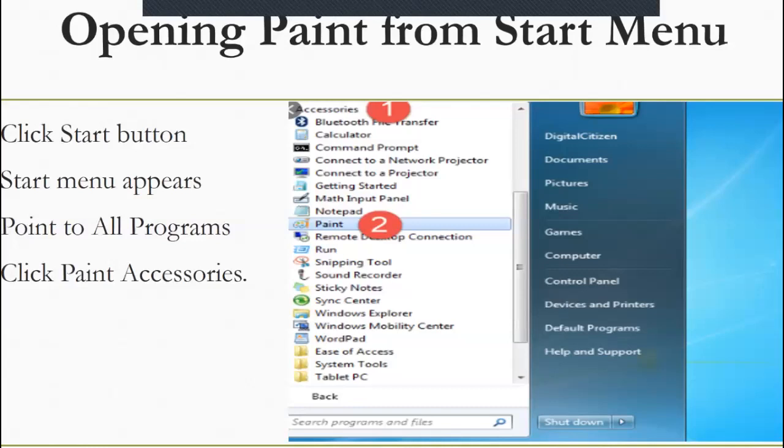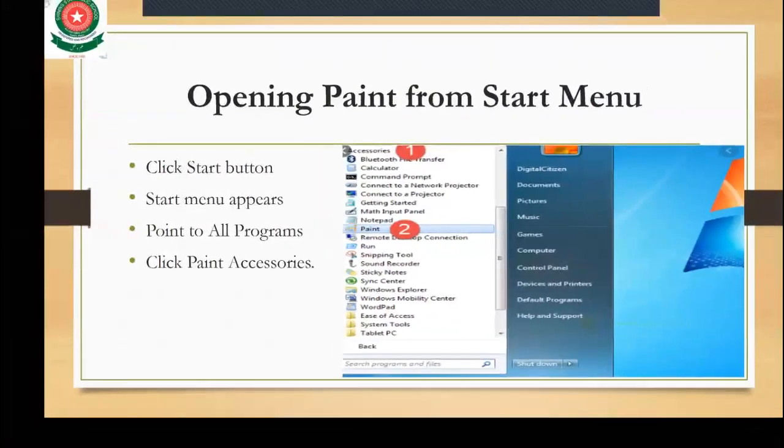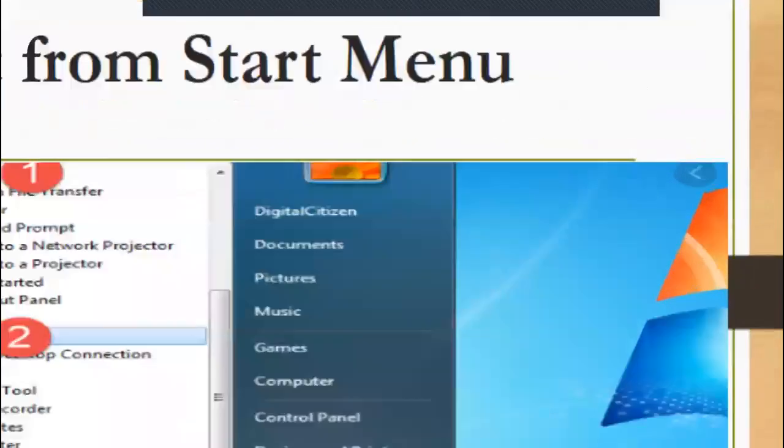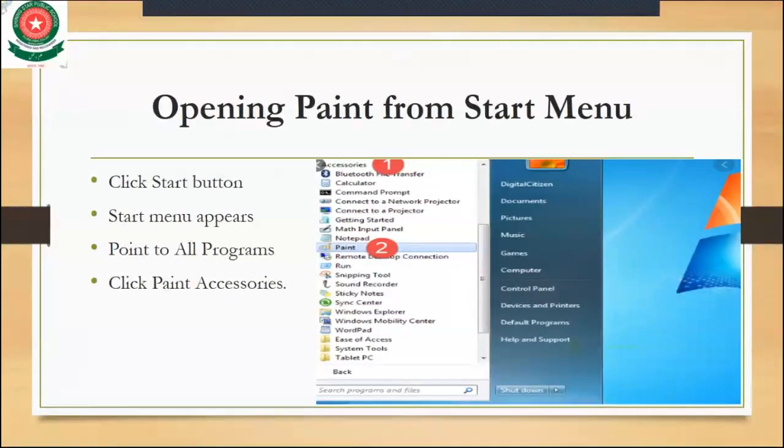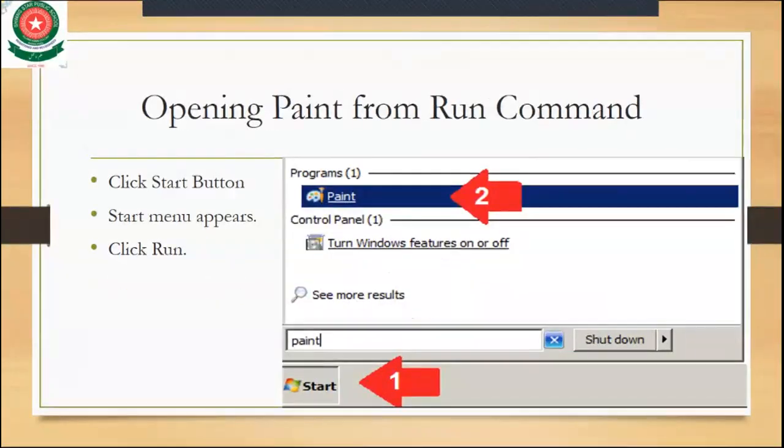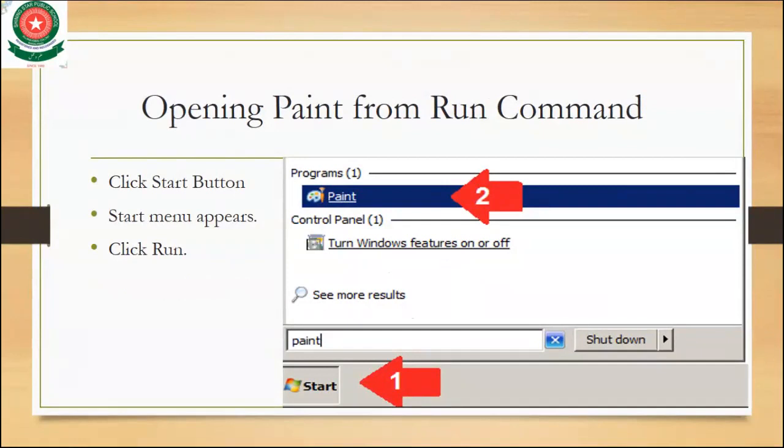And the third way is by using a run command. First of all, click the start menu, which is at your left side corner, and the start menu appears.